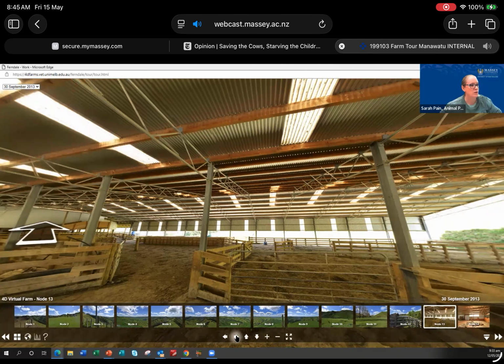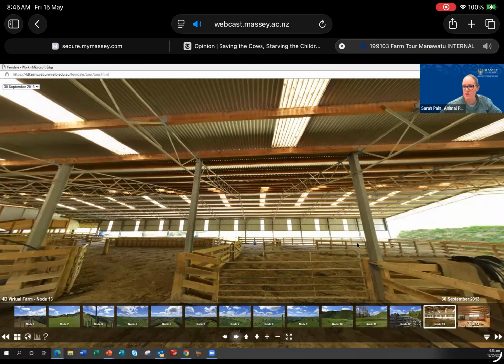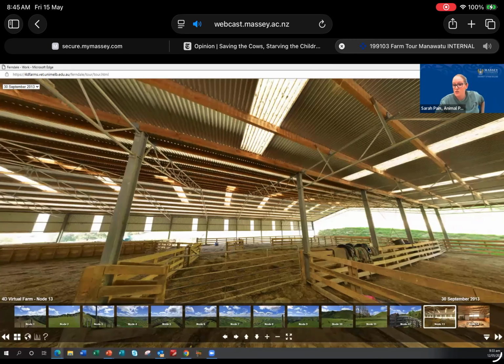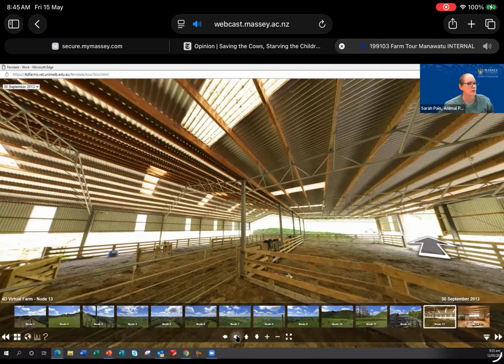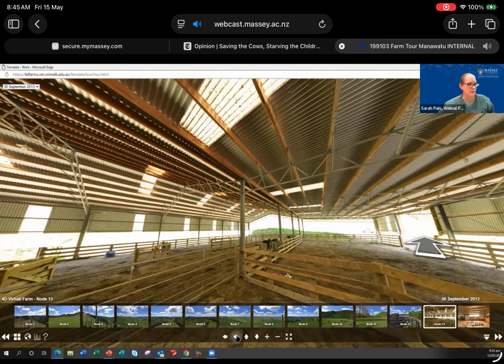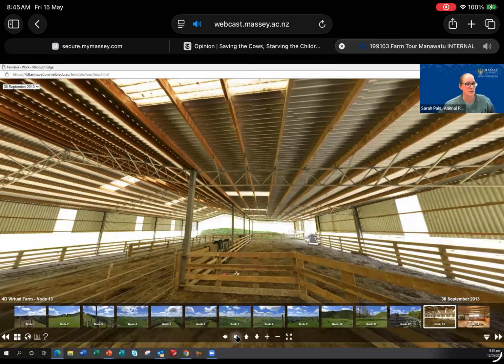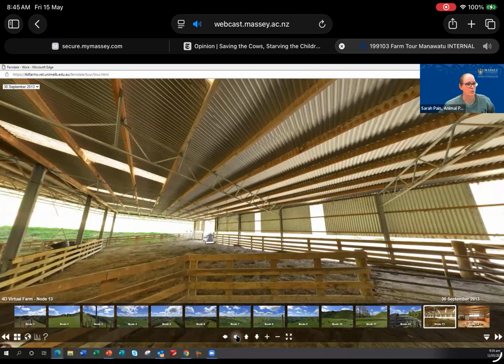So you can see some of the saddles and stuff here. So again, like I said, they're going to need horses in some areas in the property to actually round up animals. And you can do a full 360 around this sheep yard if you want. If I pop to a different time of the year,